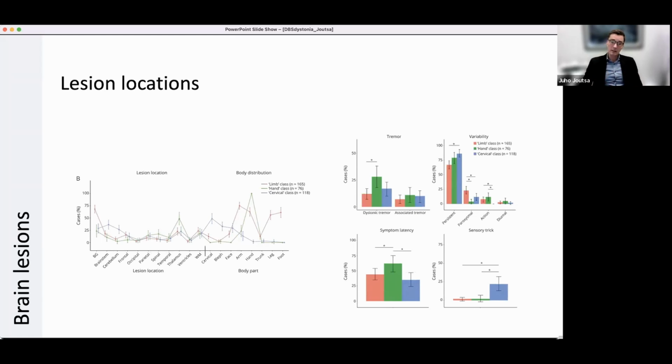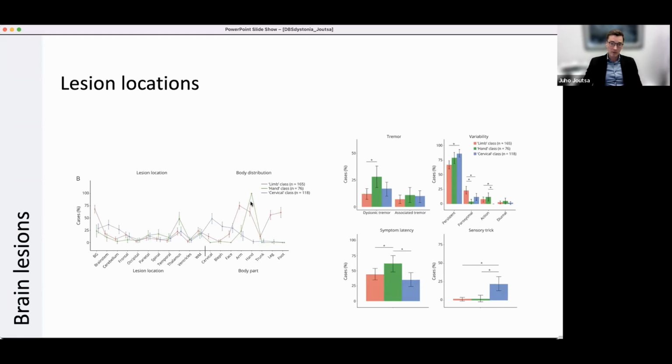But when adding the exact body regions which showed dystonia in these patients, the analysis produced three separate classes. These were termed the limb, hand, and cervical class, based on the